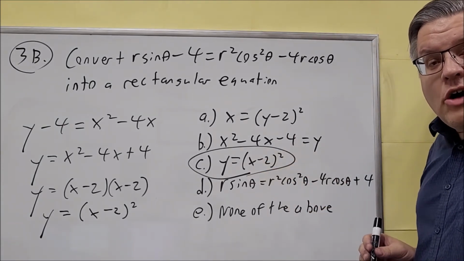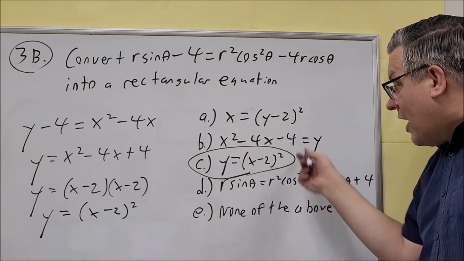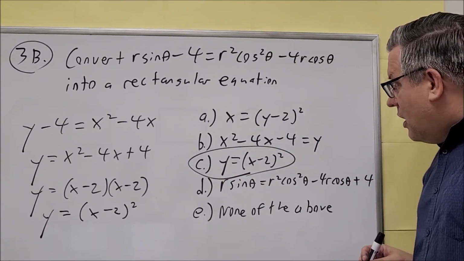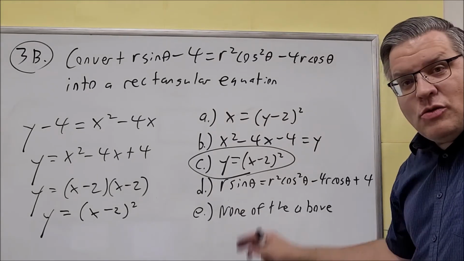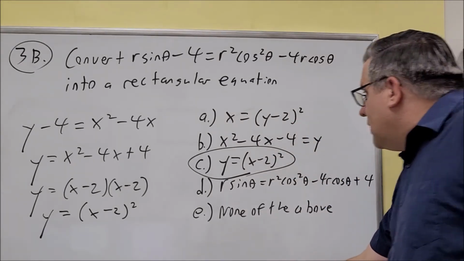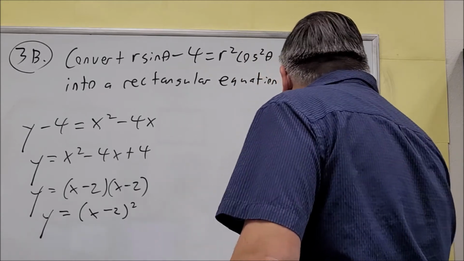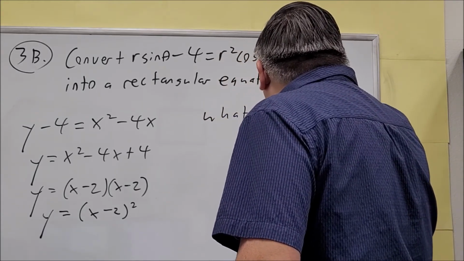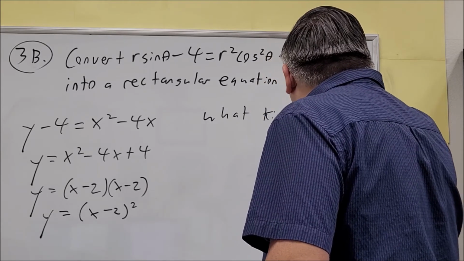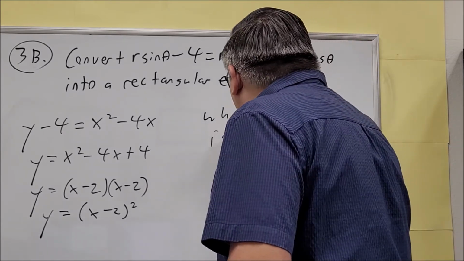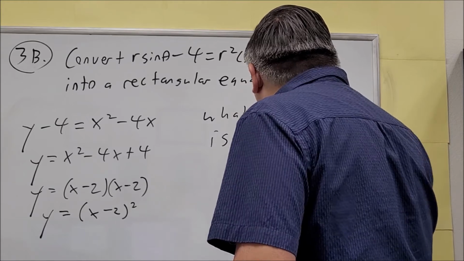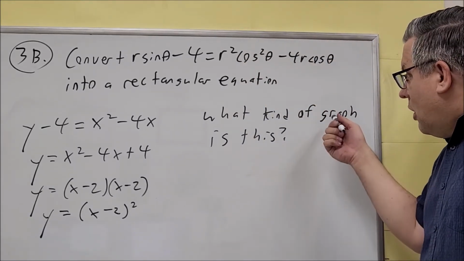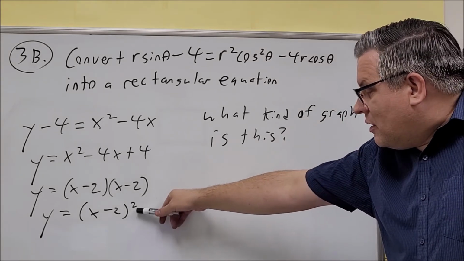Now this question will also ask you for what kind of graph is this with our answer. Okay, and so that's the second part of the question, which I'll write over here. Again, the second question, what kind of graph is this? Okay, and there might be some multiple choice there for you to choose, but for this, we notice that here,